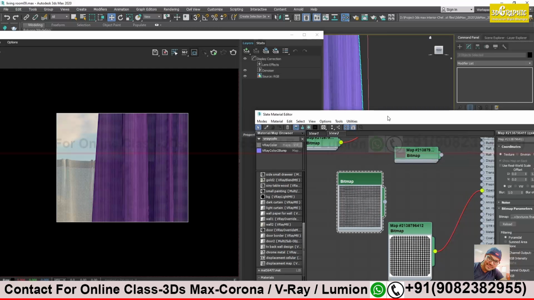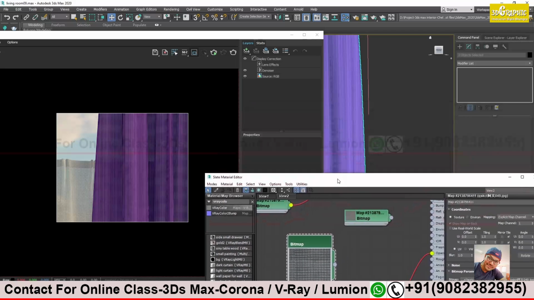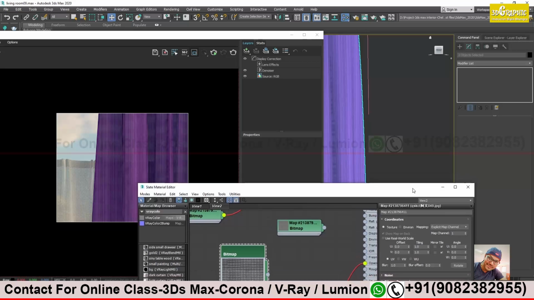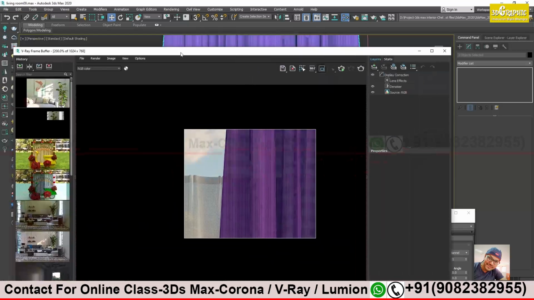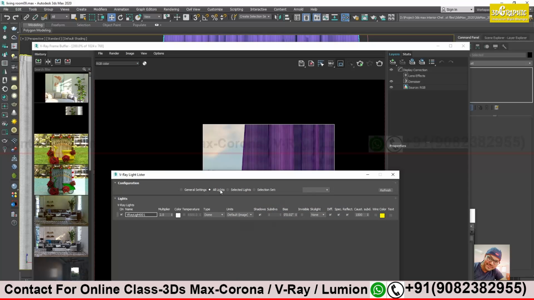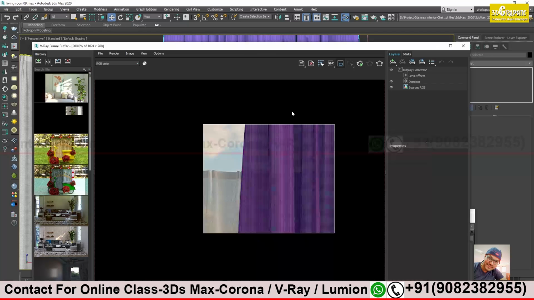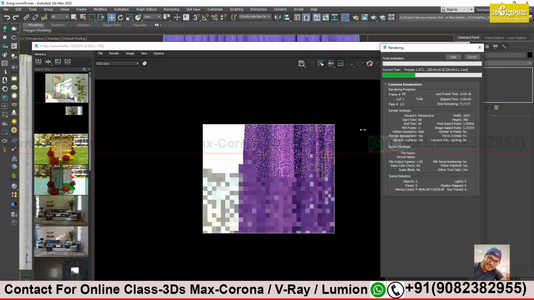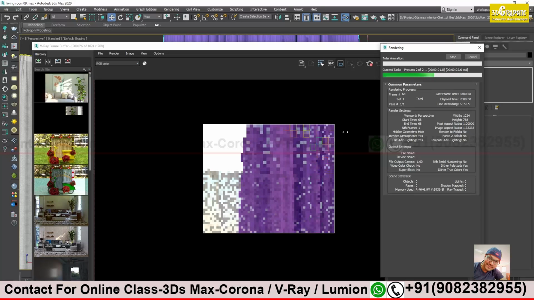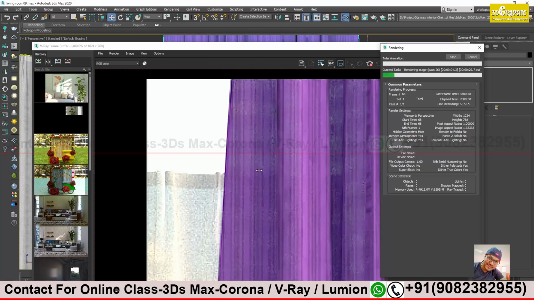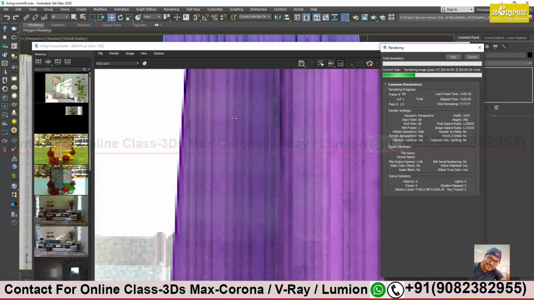Or what we can do is increase the HDRI intensity, sir. There should be some light source, backside or front side. Increase the HDRI intensity and see. It's 3. You can make it 4 or 5. 5 will be very high. Wait, see this, it's coming properly now. We can see the light coming inside. Small boxes I can see.